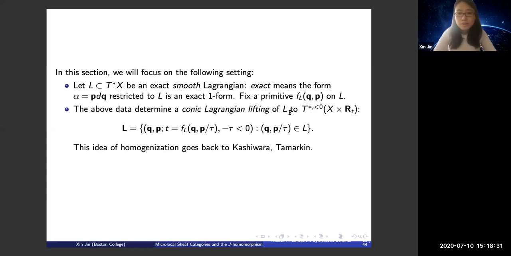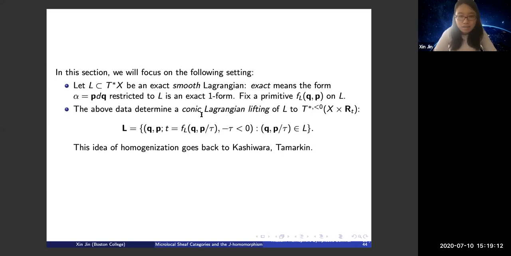Okay, so the conic lifting is quite explicit. What I mean by this negative cotangent bundle is that it's an open subset of this cotangent bundle where the dt coefficient should be negative, so it's negative tau. And then to get the conical Lagrangian lifting, first when tau equals 1, what you get is a contact hypersurface,